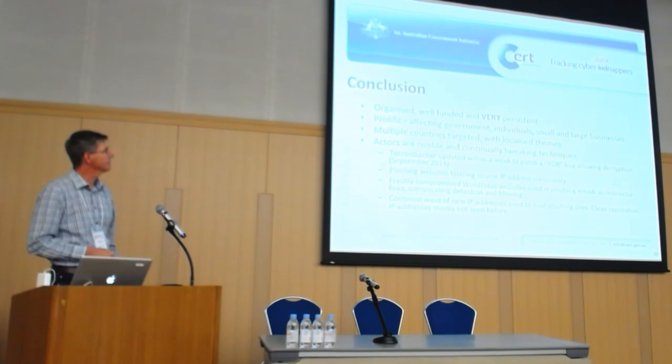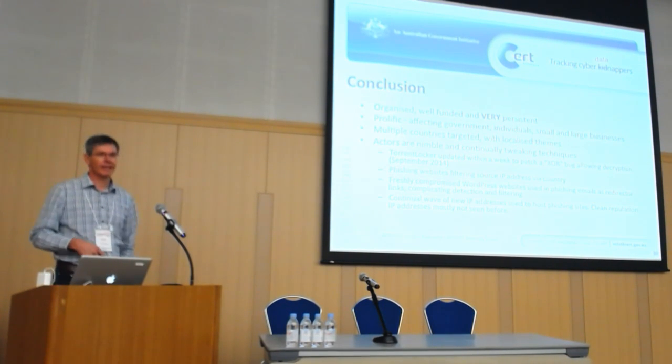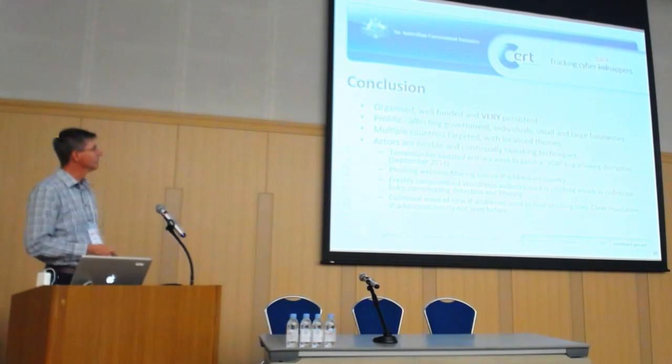So they're fixing bugs. One of the earlier versions of Torrent Locker had a bug which meant you could actually decrypt your files. So they fixed that within a